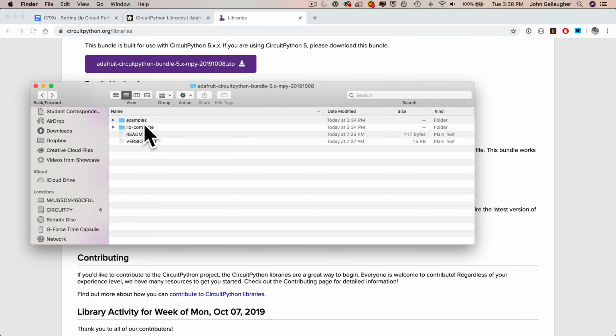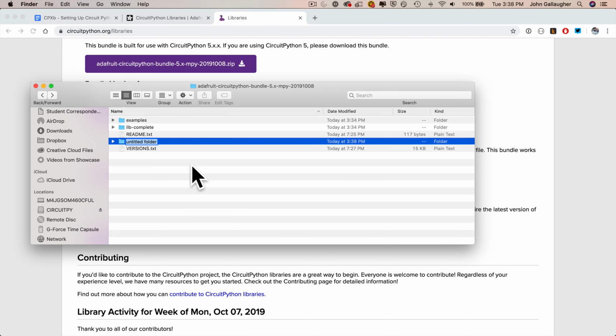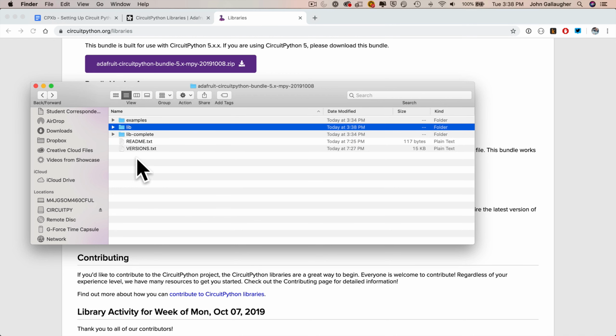And now what I'm going to do is create another lib folder that's going to be an empty one at the same level. So if I just go under File here and I say New Folder, this will create a new folder. I'm going to name it lib, and this is where I'm going to put the exact files I need for my CPX. Now I'm going to double-click on lib-complete